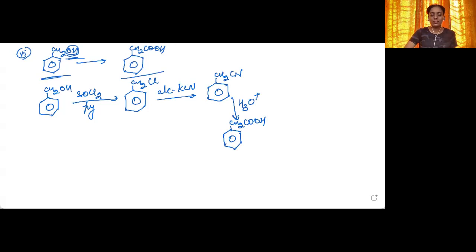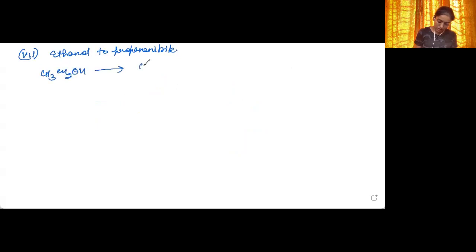So this is very simple. It's not that conversions are very tough or something. We just need to have the reactions in mind. So let's now see what is the next question. It is ethanol to propane nitrile. It is a similar question, just like the previous one. Ethanol to propane nitrile. CH3CH2OH. Here it is CH3CH2CN. Propane nitrile. Simple as that.